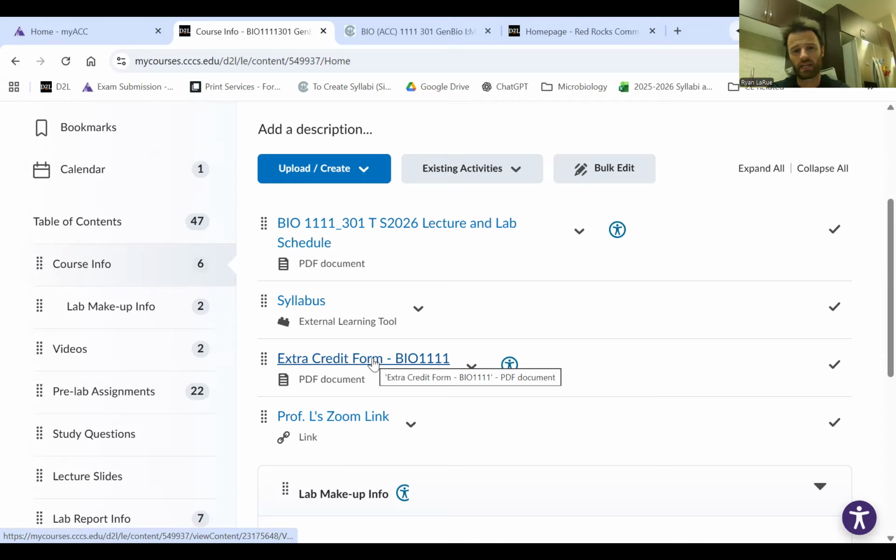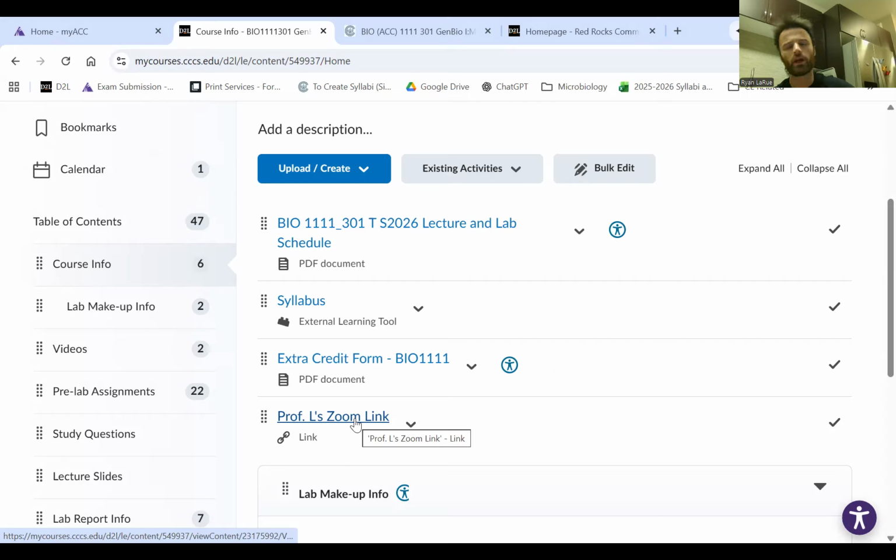And then this Zoom link, which is mainly going to be used for anytime you want to meet for office hours, but from home or if you have time at work or whatever it is, and you don't want to come to campus.